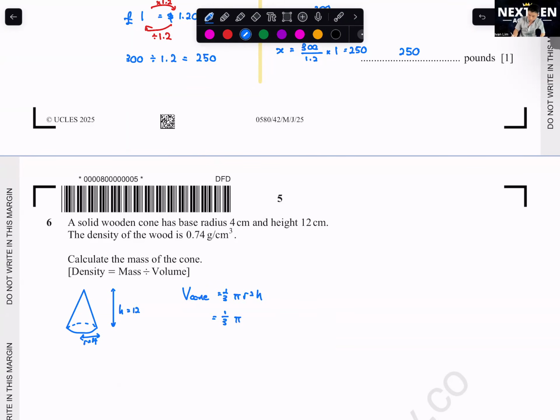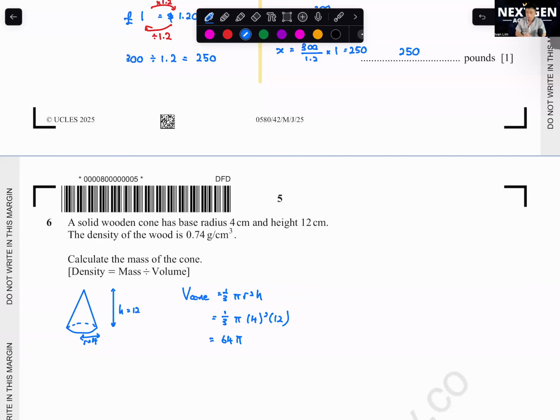1 over 3 pi 4 square 12. Okay, since this is in the middle of the equation, you may want to leave it in terms of pi first. Okay, 64 pi. Right? This is the value, right? 64 pi. So if you change it to a decimal place, it will be